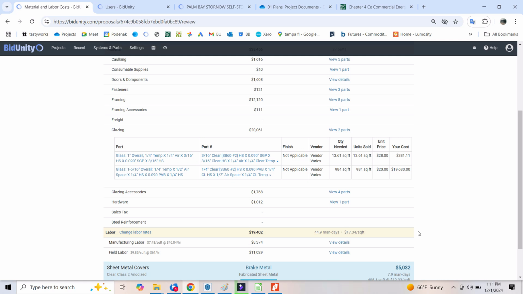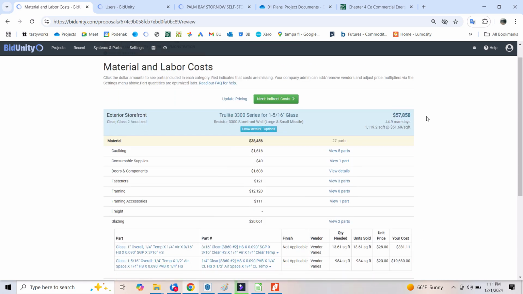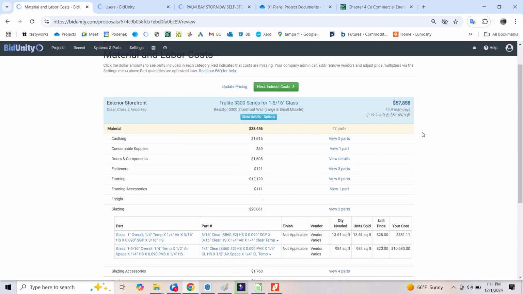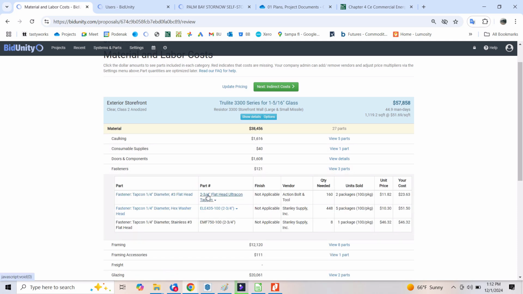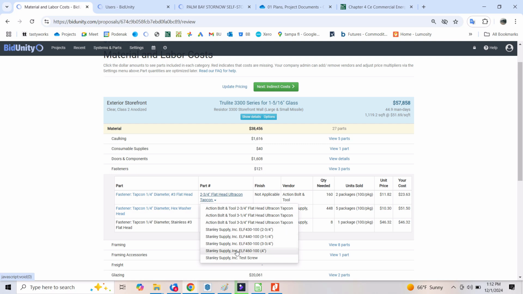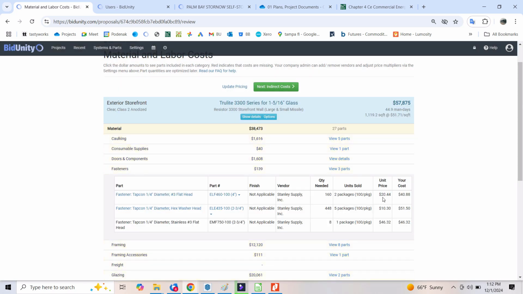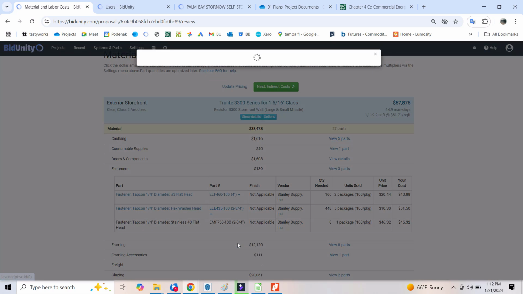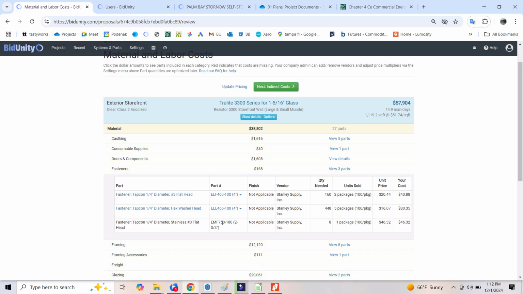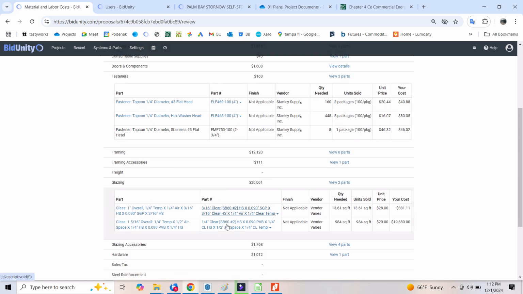I would be a little bit alarmed if this was anywhere south of 12, given that we have horizontal in the frame system. The fasteners, Tapcons, I know for this system we're typically using a 4-inch long Tapcon, so it's a little bit more money. Let's get a 4-inch Tapcon, so we're going from 10.30 to 16. Okay,